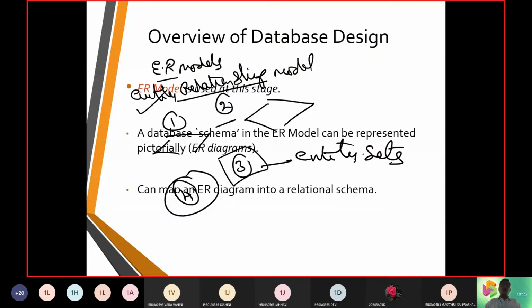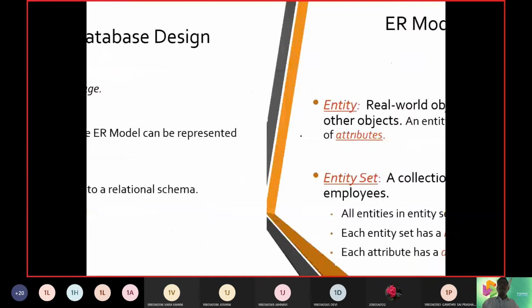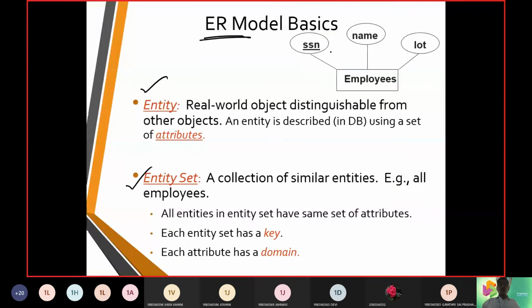Entity sets are put in a rectangular box. Attributes are put in an oval shape. Relationships are put in a diamond box. And connectors are taken up with a line. So such is what we have at this point of time.